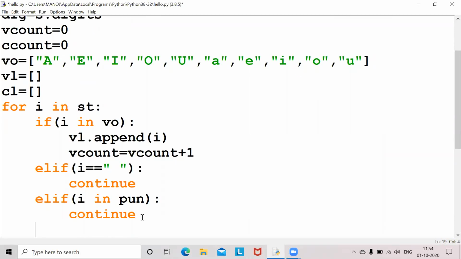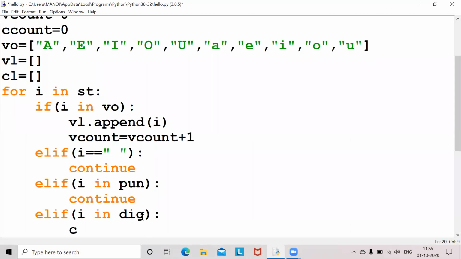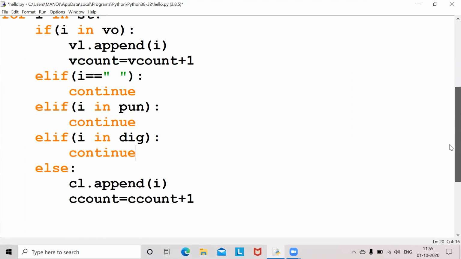Then I'm using the keyword continue. Okay, after that elif, if digits are there, elif I in DIG. I stored those digits in that variable, no? Now here also continue. And next else, cl dot append of I, of c count.